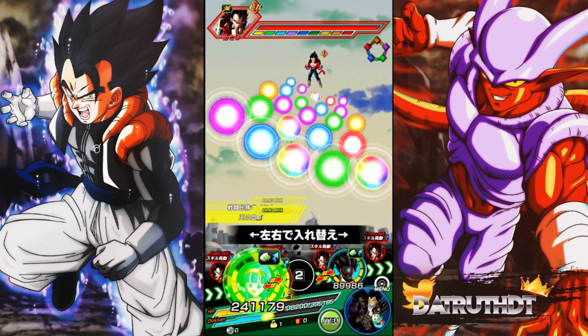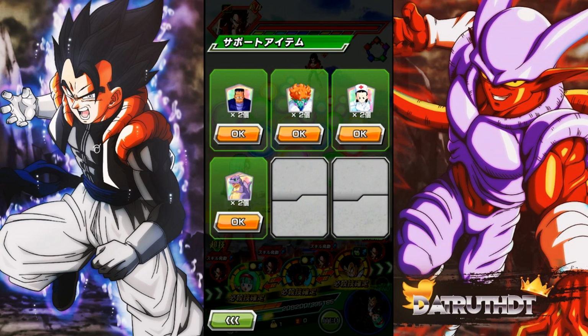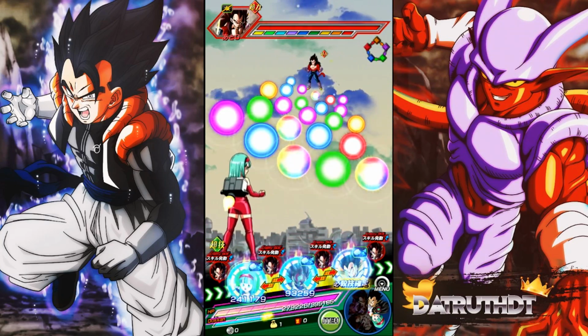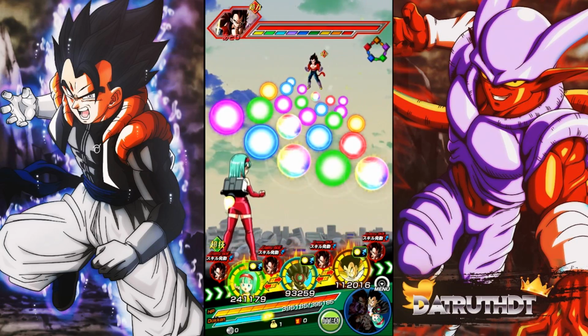Okay, so I guess actually I might go ahead and drop... Oh, I still have my Super Battle Road items equipped. I guess I'll just use one of these items right here, just to make sure we have full health here, because...